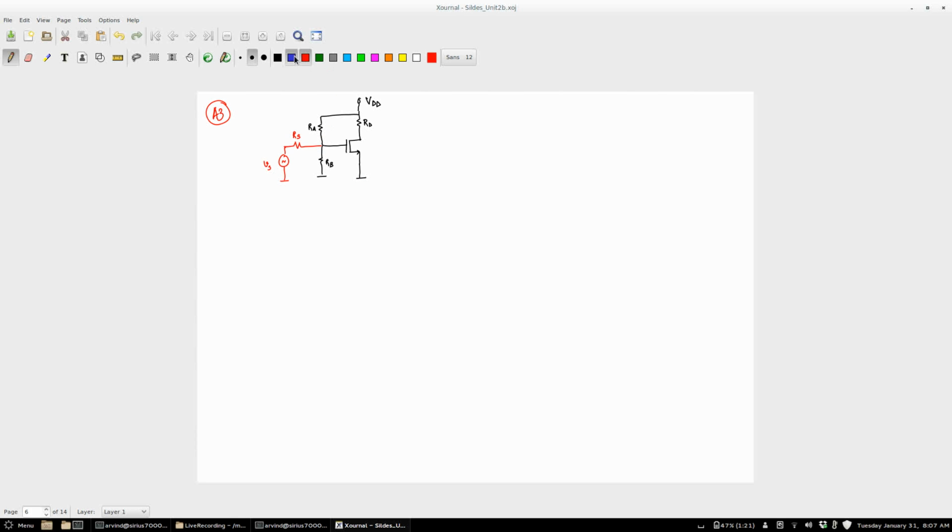Okay. Now, what was the source of the problem? The source of the problem was that you had current flowing in like this, right? Bias current. And that bias current was basically dividing here and going in like that and going in like that. Yes. It was dividing like that and here. Okay. Now I want to eliminate that current. So what do you think I can do to eliminate that current?